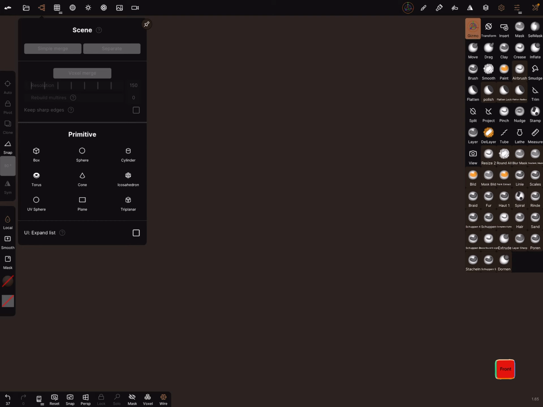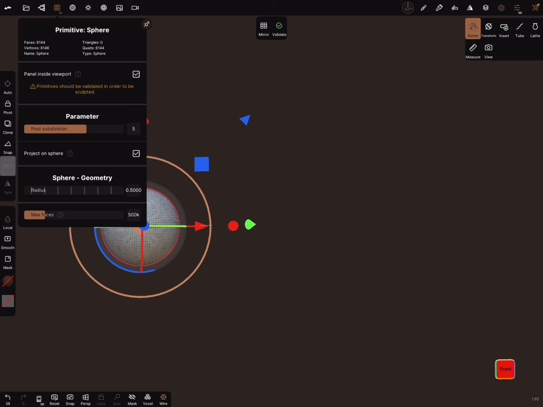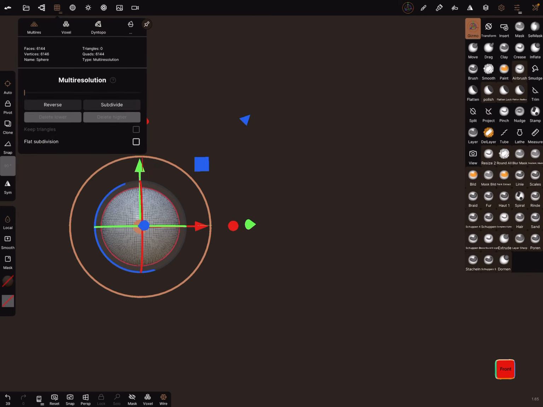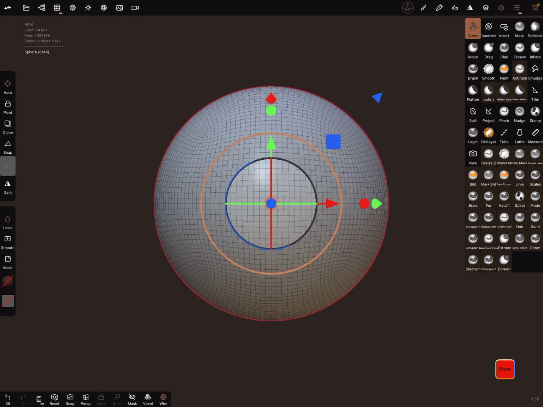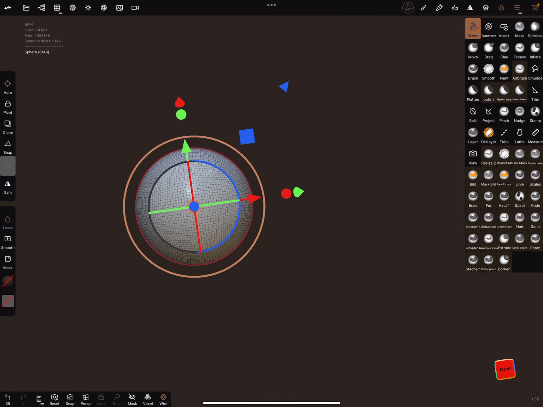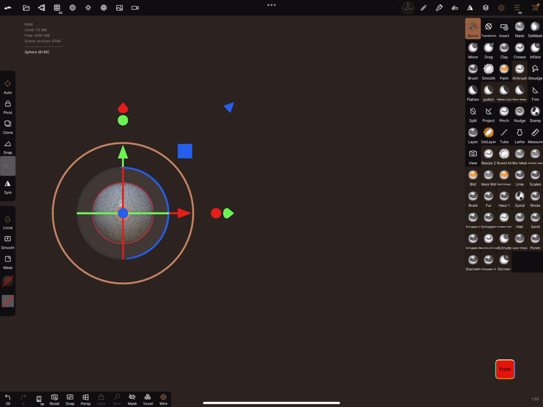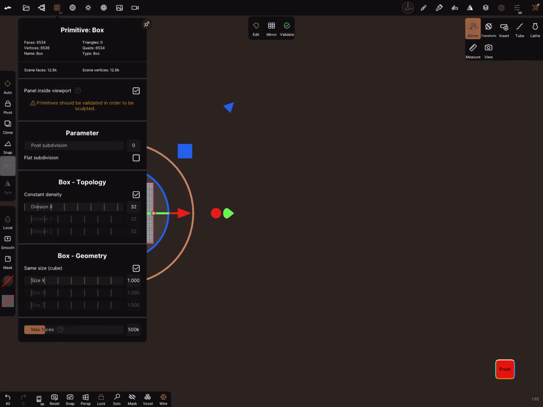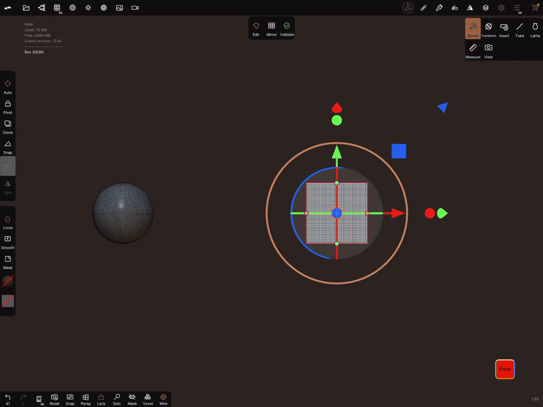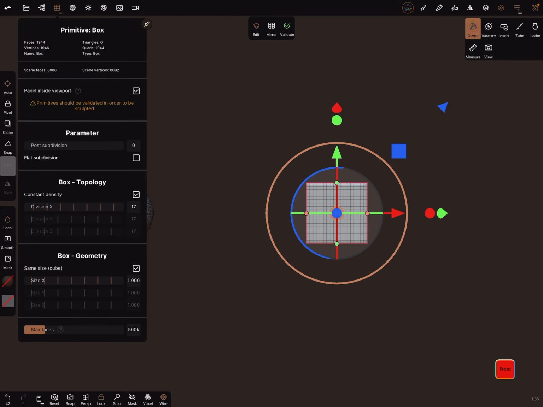Okay, let's do it. We need a test object, a sphere. Okay, validate it. And we need another object as a rotation center. I choose a box and we bring the box somewhere there and reduce the division to division 1